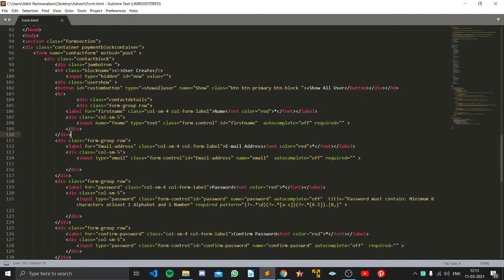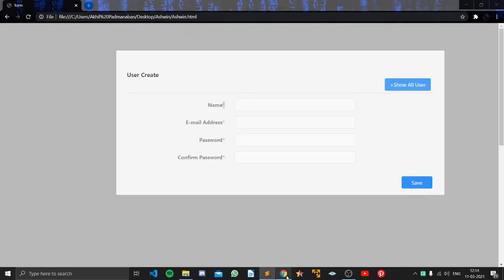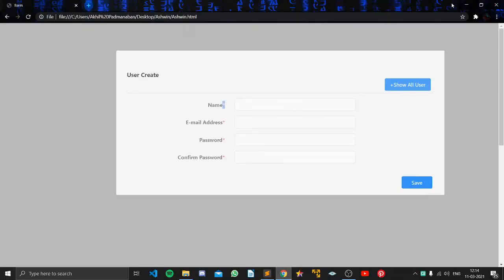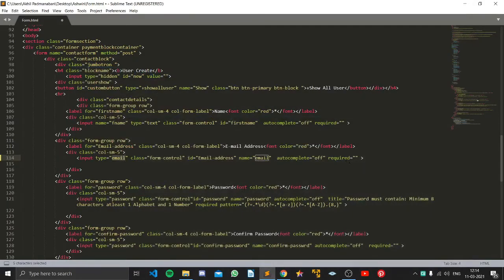Then in the same way I have created the next one, email address. You can even copy paste, but there are some changes for email address. Here the type should be email. Then form control, ID should be email address. You can change it to any name you want, but you have to remember this, because while making the function this should be given. Autocomplete is off, name is equal to email, type should be email. If you give text, then this error will not show. You have to add the at rate, like that, and it is required.